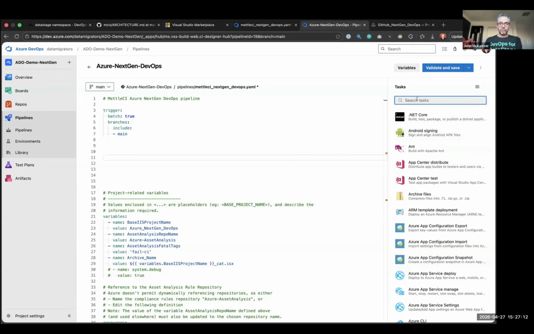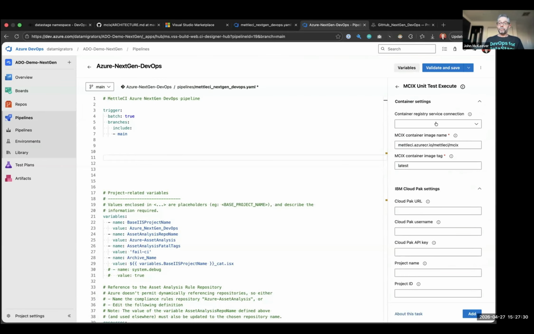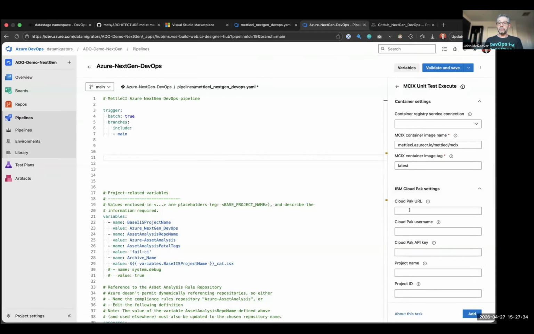And so because I've installed that extension in my organization, I can now type DataStage, or actually, I'll put MCIX to get everything. These are all the native tasks that I've got access to. So let's say if I wanted to run a unit test, I'd click on that. It would then give me a form I would fill in with all of the various values I would need